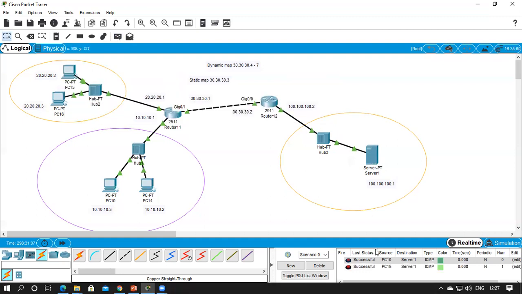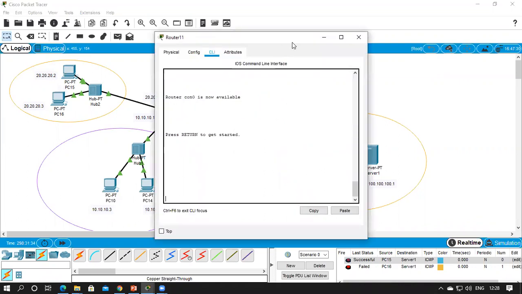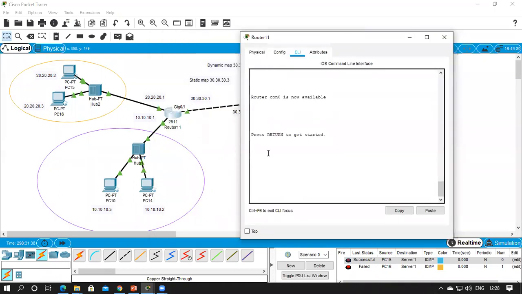Now for the same network, we'll do a many-to-one connection. And now we'll do the